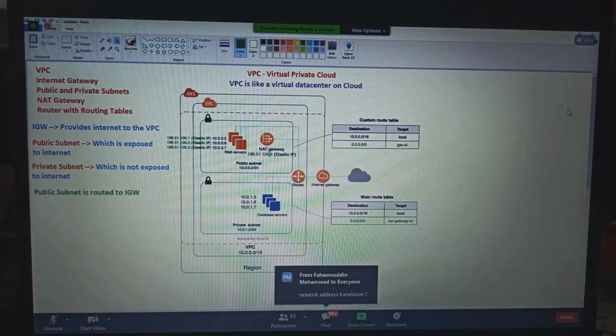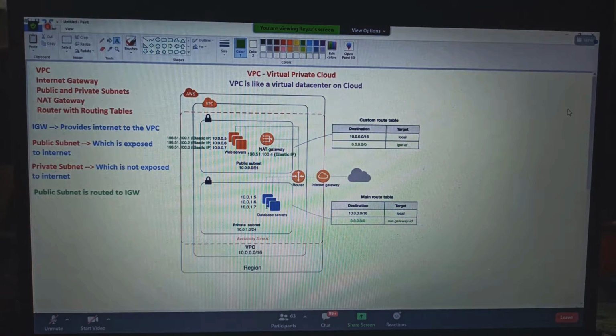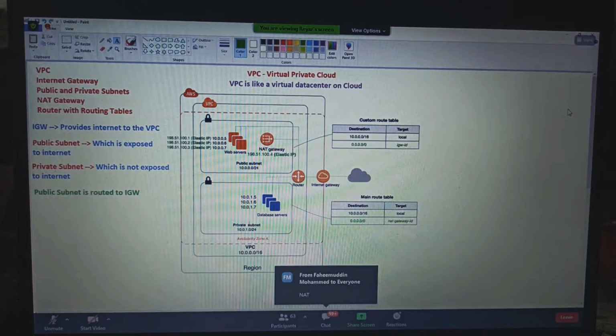NAT stands for Network Address Translator. What this NAT does is: the private subnet's traffic should be routed to NAT. Private subnet is routed to NAT. That's the second catch, everyone.